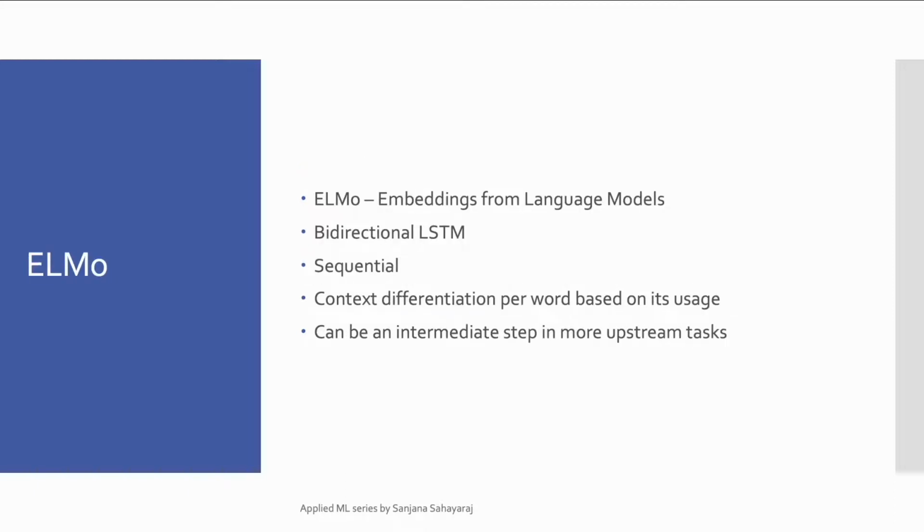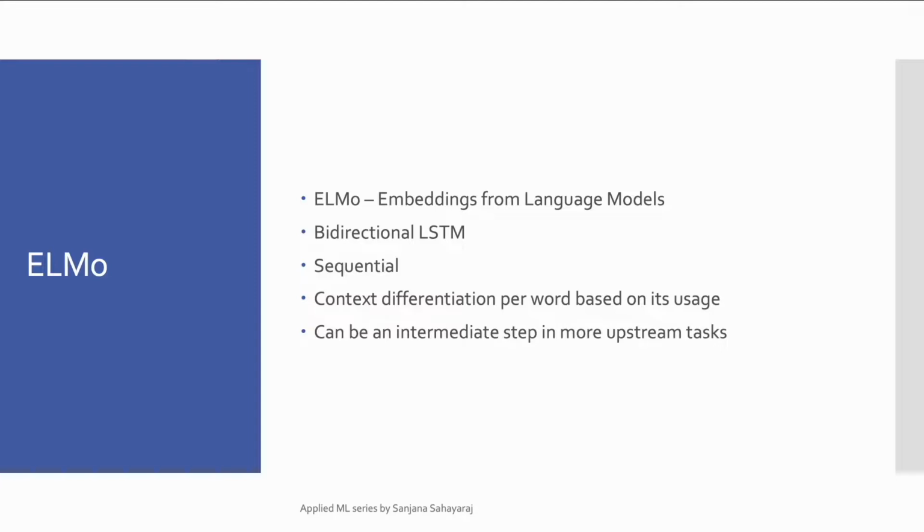Next, we have ELMo. ELMo stands for Embeddings from Language Models. Language modeling is just the task of learning to predict what the next word would be and with what probability or likelihood. And that's pretty much what Word2Vec did as well. Word2Vec was a predictive model, and GloVe that we saw was a count-based model. And within Word2Vec, we had bag of words, where there was no order taken into account and all of the words were considered together. And then we had Skip-gram, which actually had a window-based approach where within the window the order was respected. ELMo just goes beyond that to learn words both before and after a particular given word